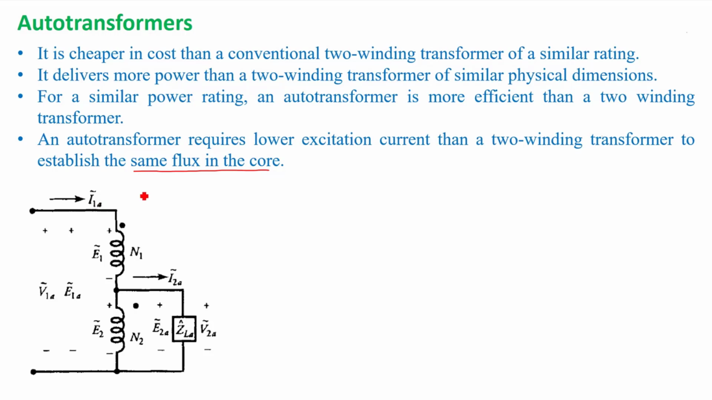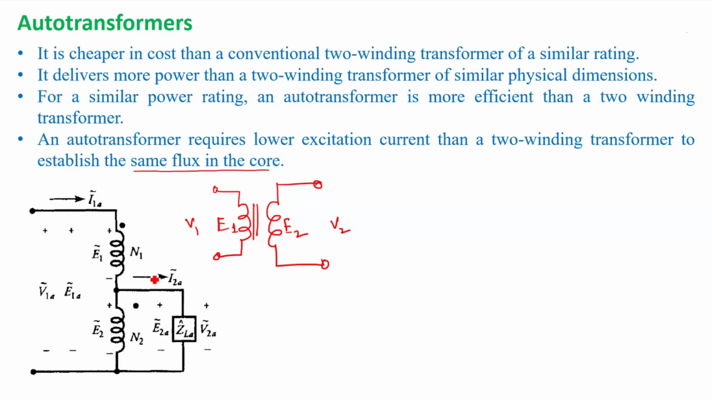This is in fact an auto transformer formed by connecting the two windings of a two winding transformer. Suppose we have a two winding transformer like this. This side is E1, this side is E2, this side is V1, this side is V2. Now if these two windings are connected in series and I take two taps at the output, then it will